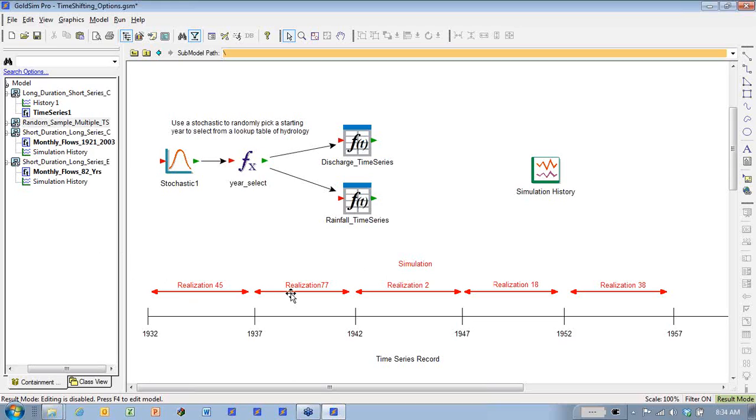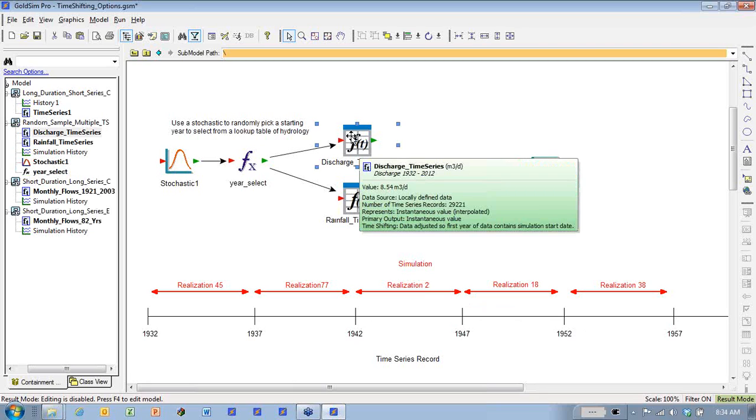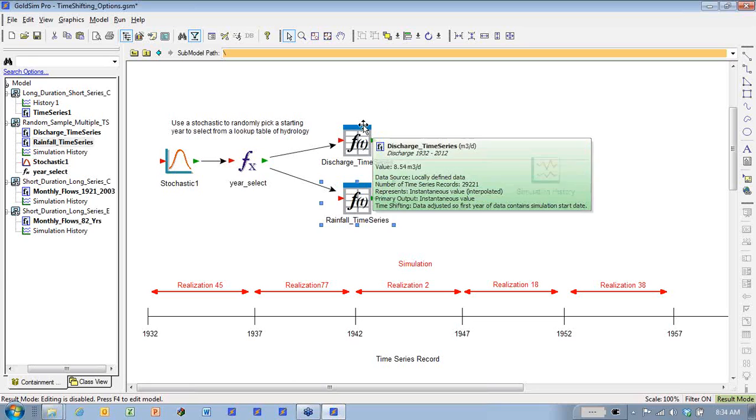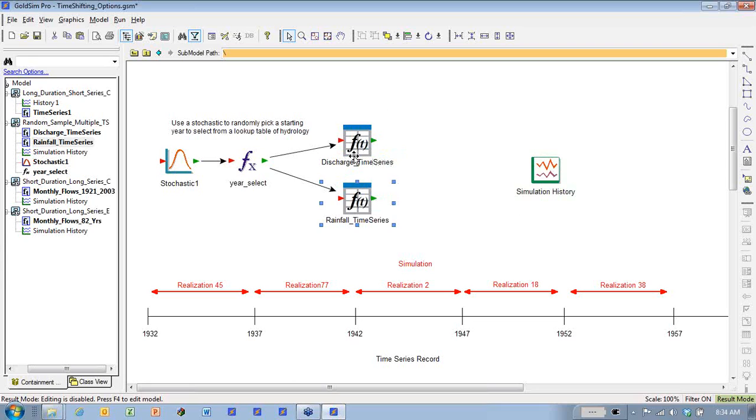In this simulation, it's a short simulation. Each realization picks some starting point in the time series. The time series is shown in black here. But what if you had two time series? You had a time series of flow rate and a time series of rainfall, and you want to randomly pick points in here, but you want them to be picking the same point in each time series. So what you want to do there is create your own